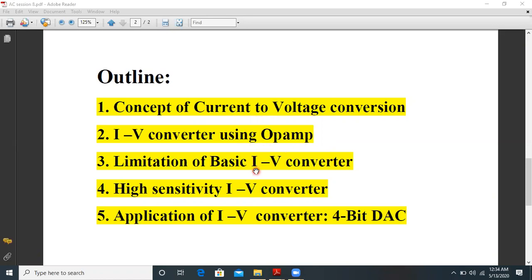We'll study its basic limitation. Then we'll move on to high sensitivity I to V converter, which will overcome the basic I to V converter limitation. And lastly, we'll see one circuit application of I to V converter, that is 4-bit digital to analog converter, that is called a 4-bit DAC. So let us directly begin with the topic.